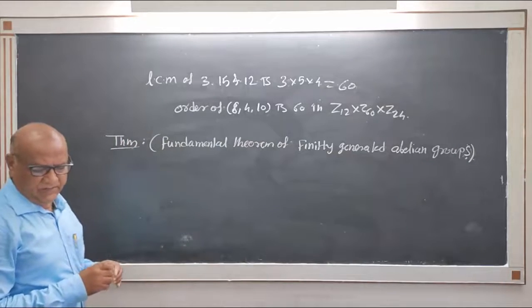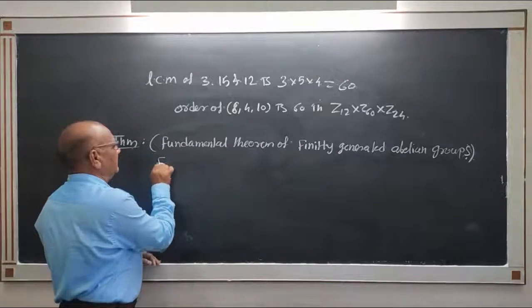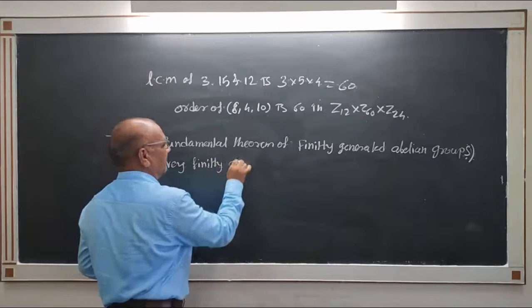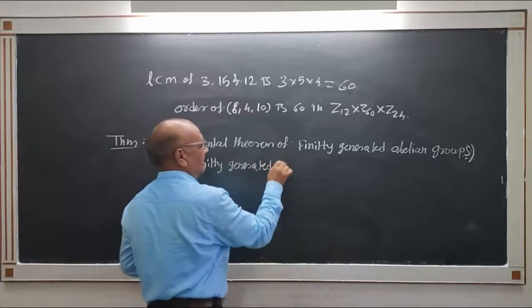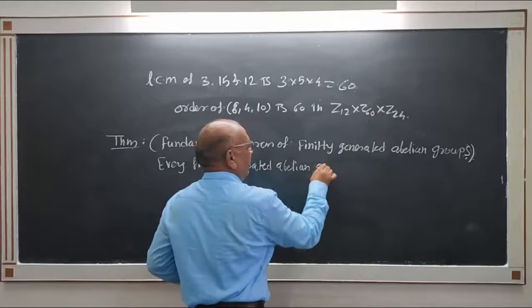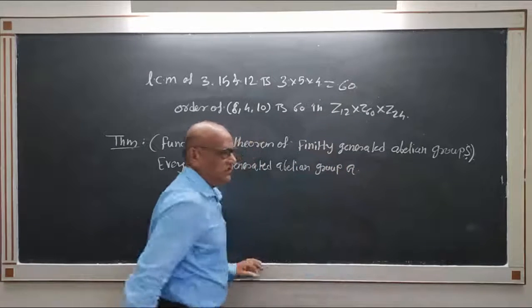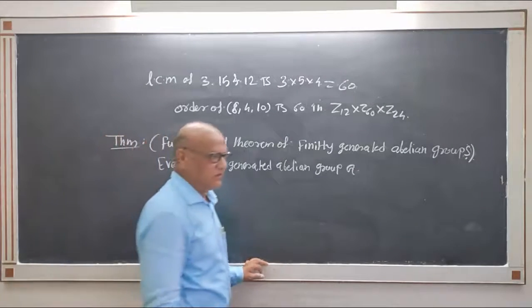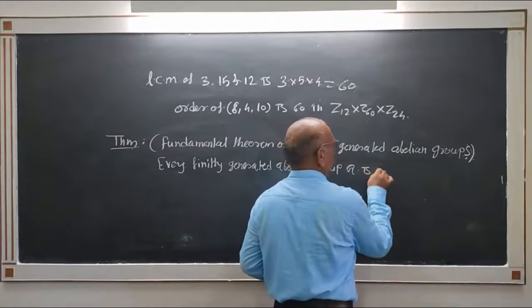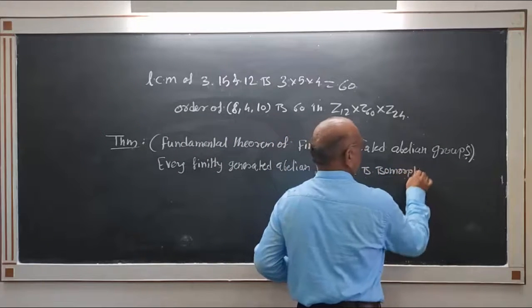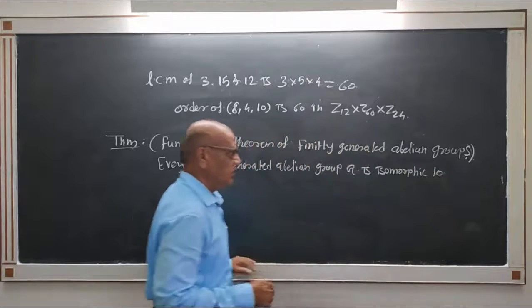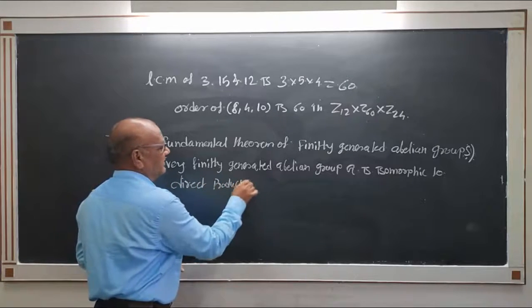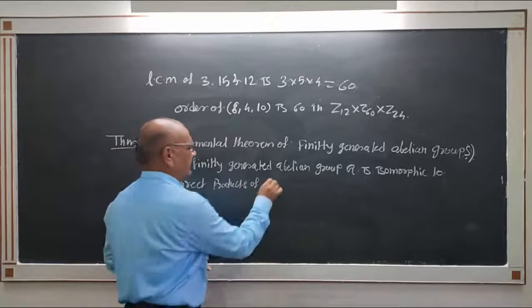Here, every finitely generated abelian group G is isomorphic to a direct product of cyclic groups,